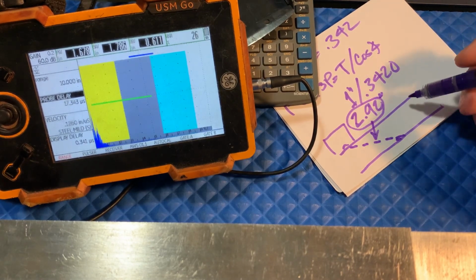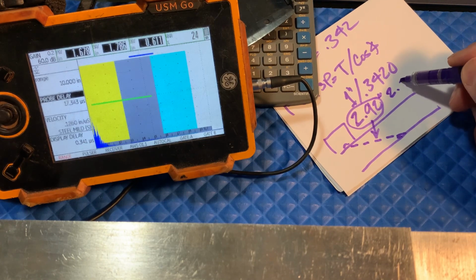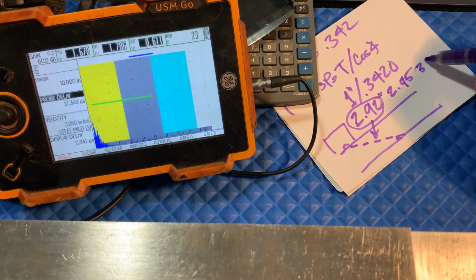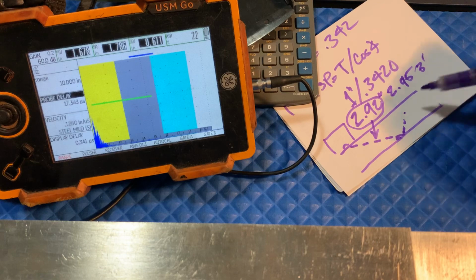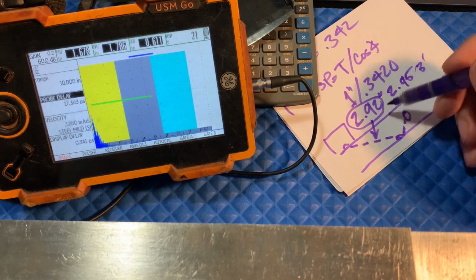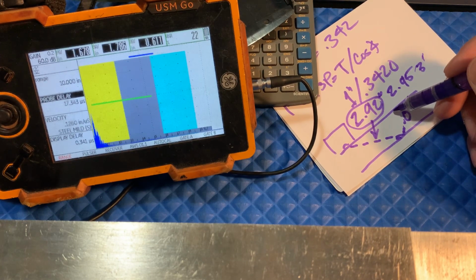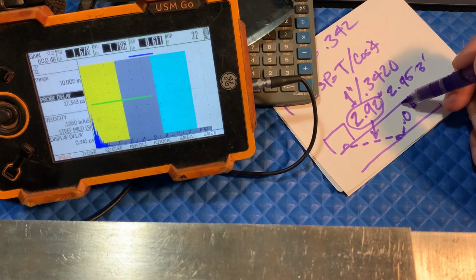And it's important for us to know that, because if we get a signal that's further out, say 2.95 or into 3 inches, we know that it's bouncing on the second leg somewhere and not within the first leg. So when we're sizing the flaw, we've got a flaw in here, we have to remember which leg we're in,